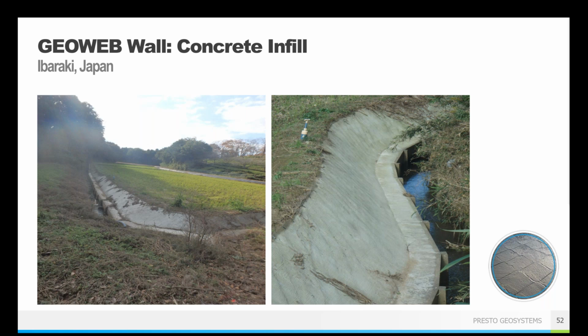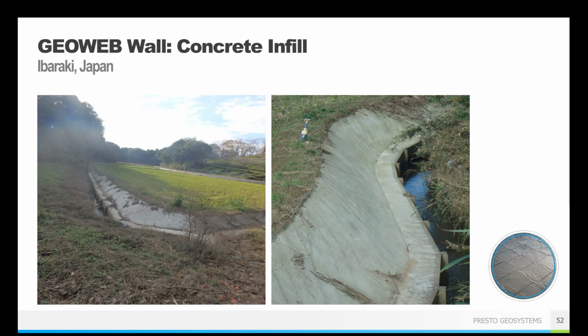If you have very high water flows, concrete is a good option. You're not going to get any erosion with concrete, obviously. So something to consider is if you know that you are in those high water flow situations, this is a great option for that.